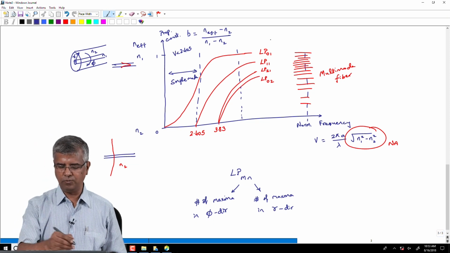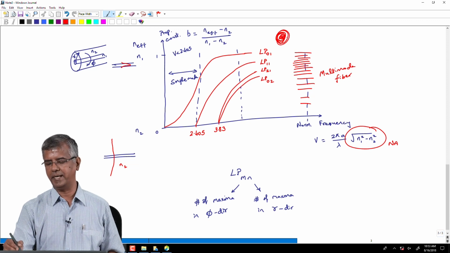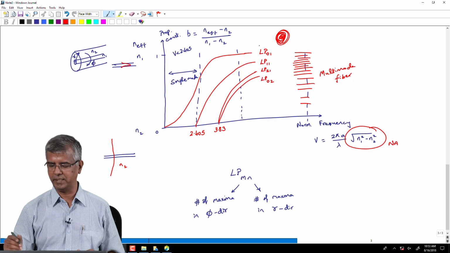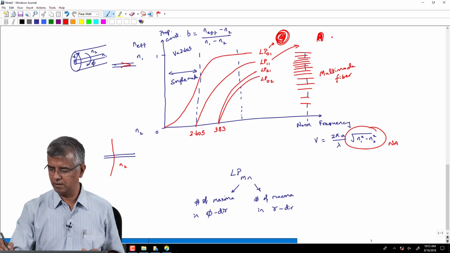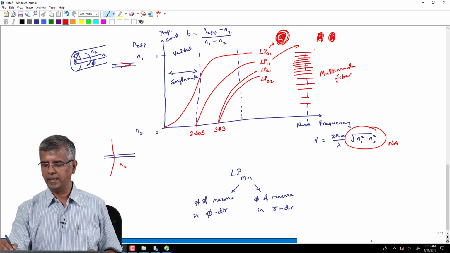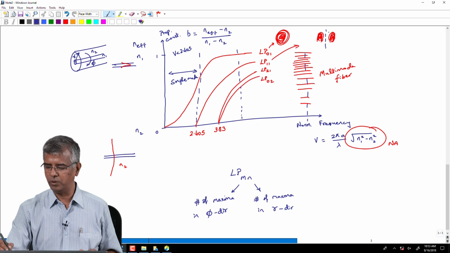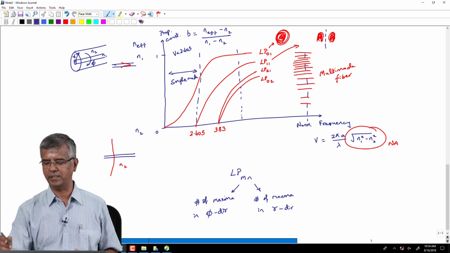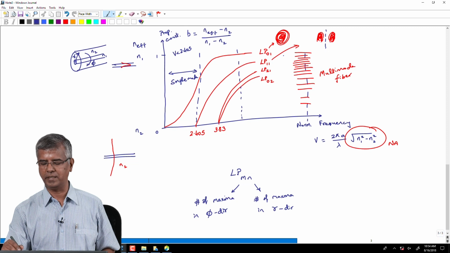So, LP01 for example will have a field configuration like this. It will be fairly dense at the center, and then it will fall off as you go outside in the radial direction. So, this will be LP01, whereas LP11 will look fairly dense in the center, but fall off, and then it will have two lobes. So why is it called LP11? Because when you are looking at the azimuth direction, you look at the half azimuth plane. Within that half azimuth, because one is a reflection of the other, you will have one maxima, and radially outwards you have only one maxima. So, that is why it is called an LP11 mode,